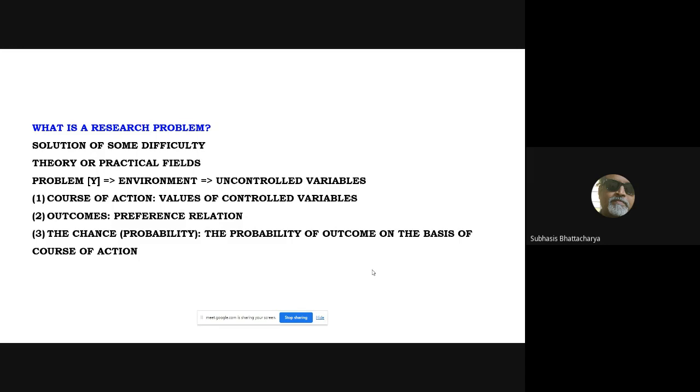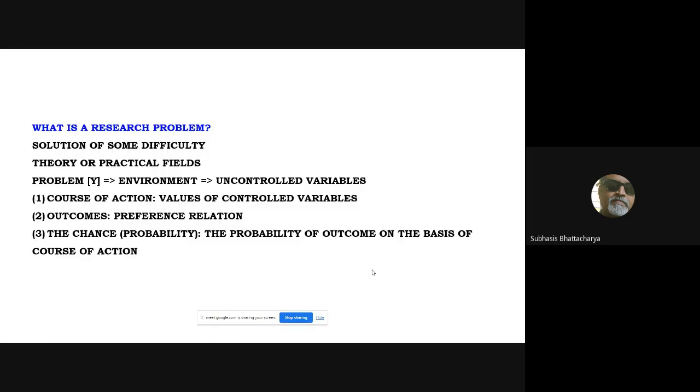This is a course of action, because you have to purchase something. There are different types of course of actions, and there must be some possible outcomes. So when you take a course of action, there should be outcomes, and which are